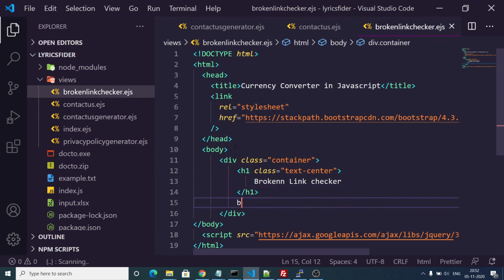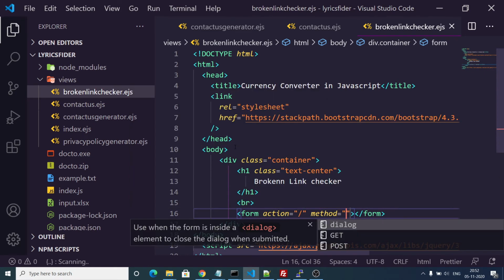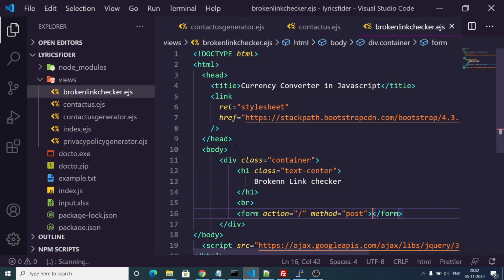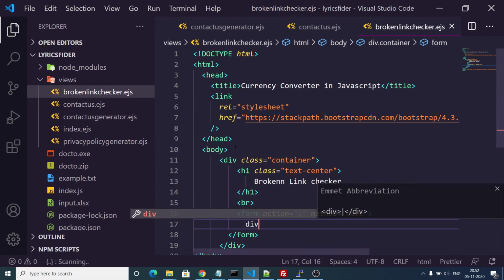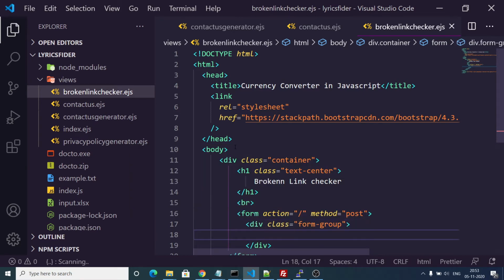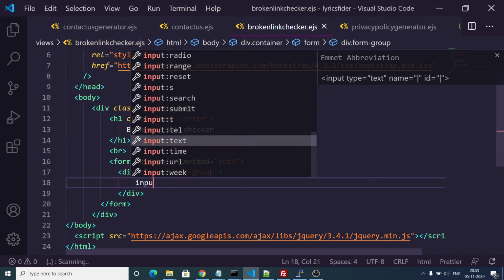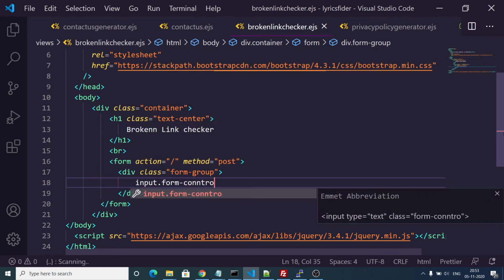Then we will have a simple form. The action will go to the home route, and the method will be post, and inside this we will have simply an input text field. We will surround it inside form-group, which is a Bootstrap class, and the input with form-control, which is a Bootstrap class.